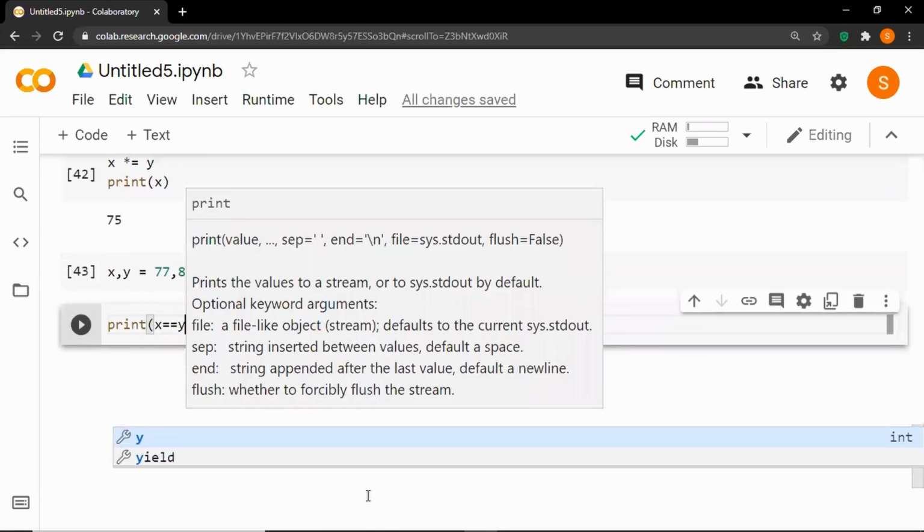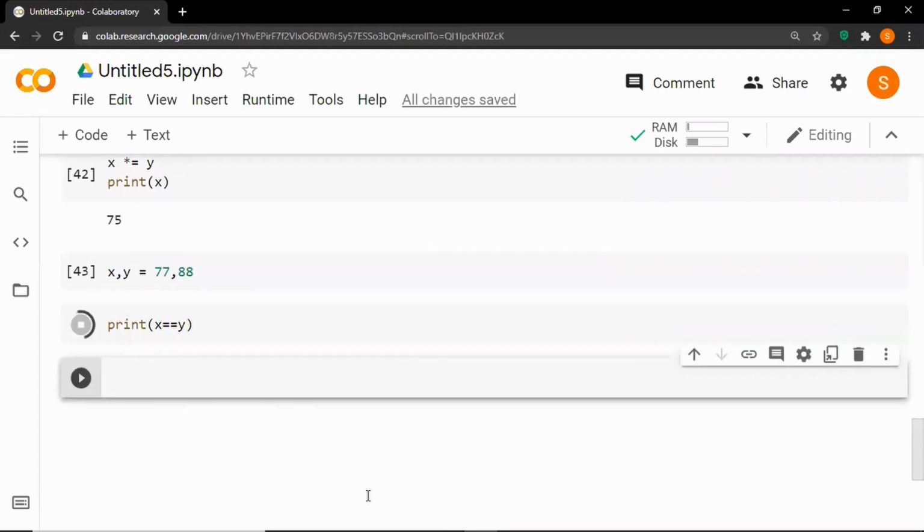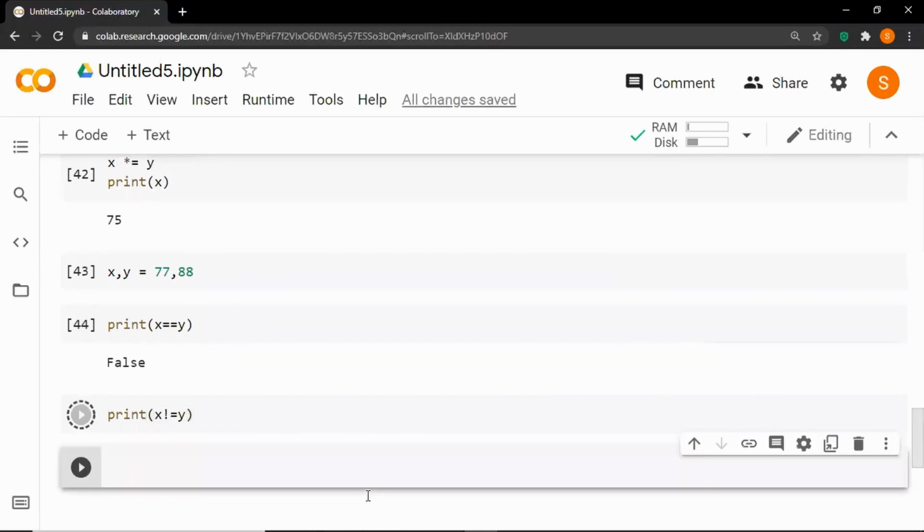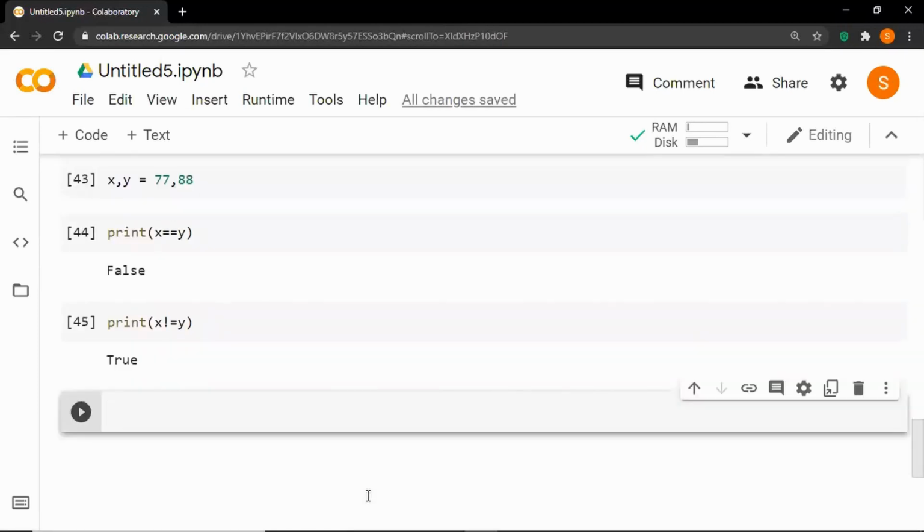In this case, it will evaluate to false because this is a comparison operator for equality, and it is false because 77 is not equal to 88. Now try print x not equal to y. In this case, it will evaluate to true because x is not equal to y.